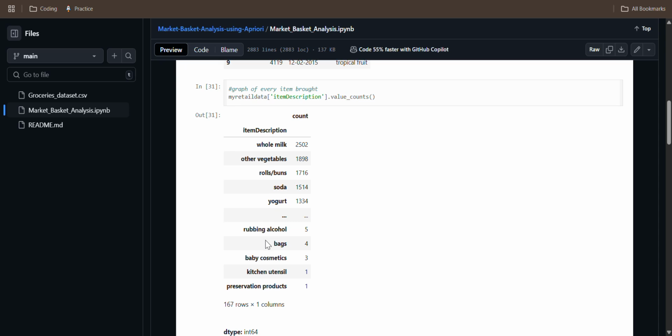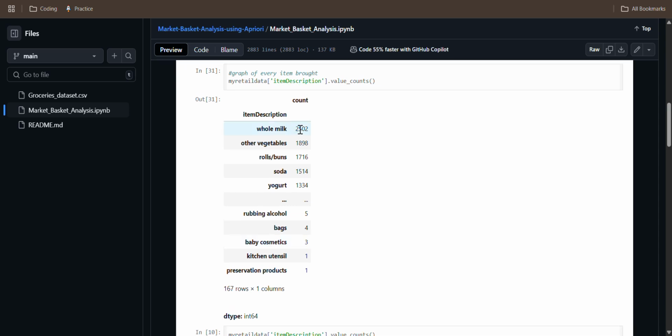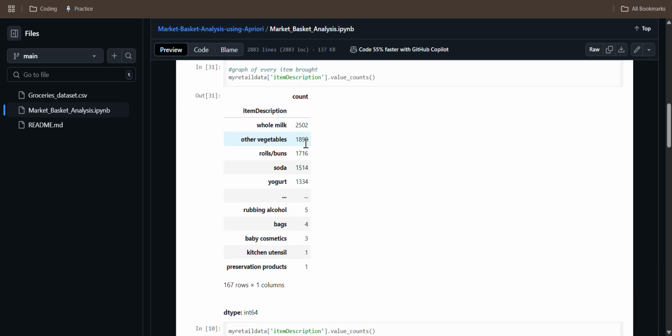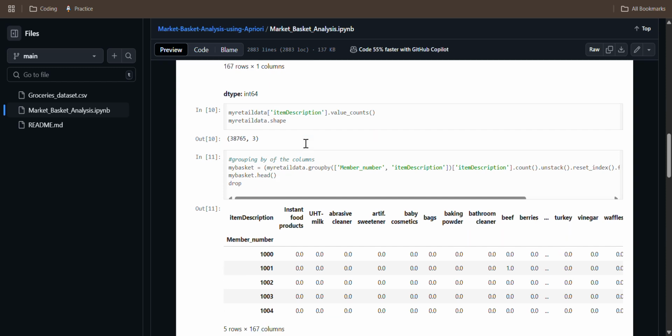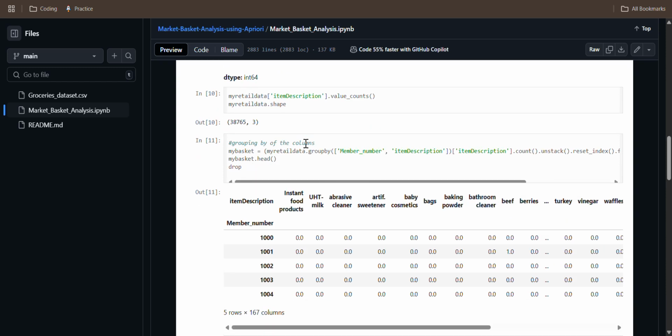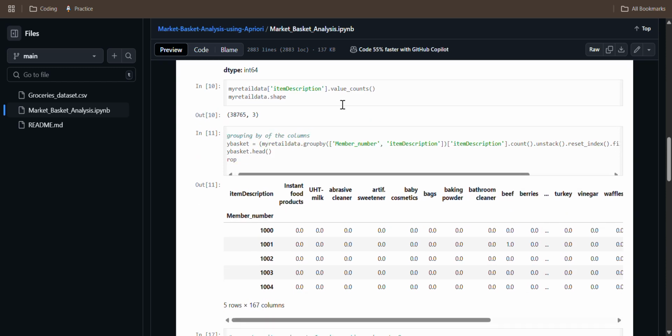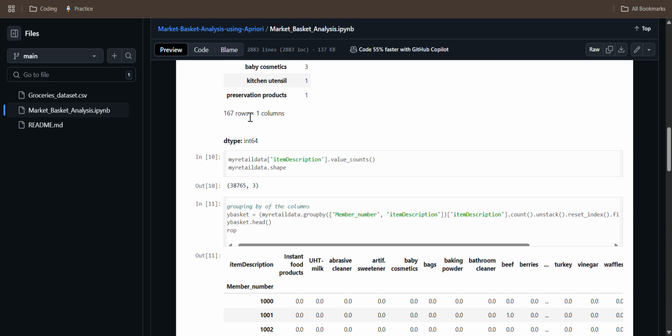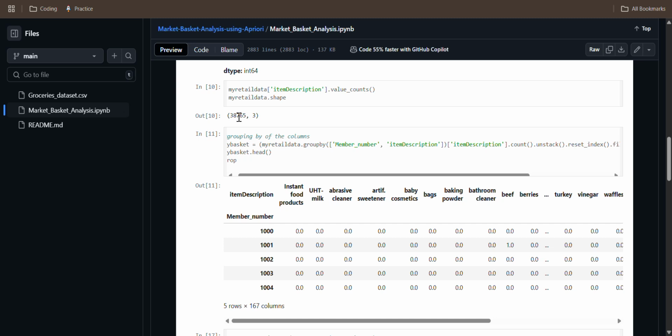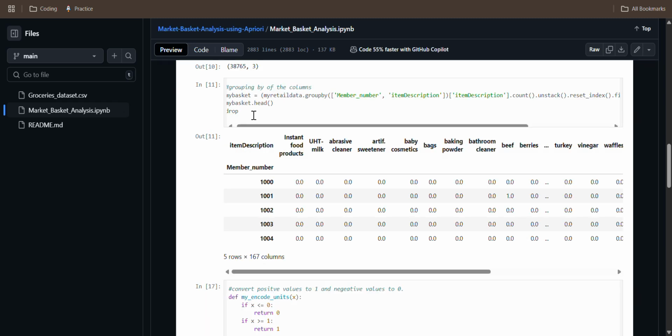Then if we count the values, whole milk has 2,502 counts and other vegetables 1,898 counts, which means this is pretty big data. The data type is int64. The shape of the data is 38,765 rows and 3 columns.